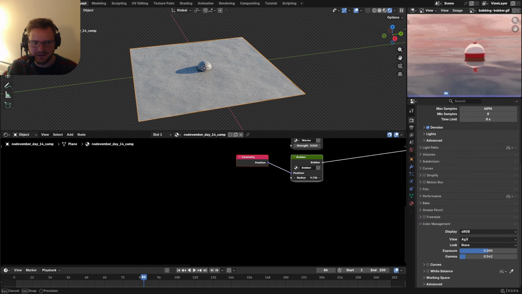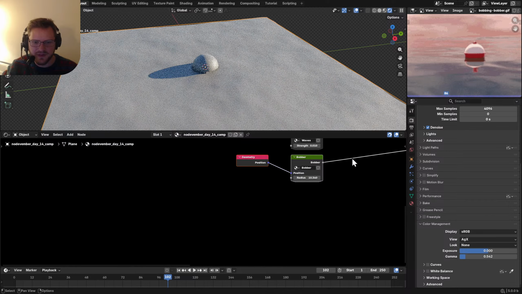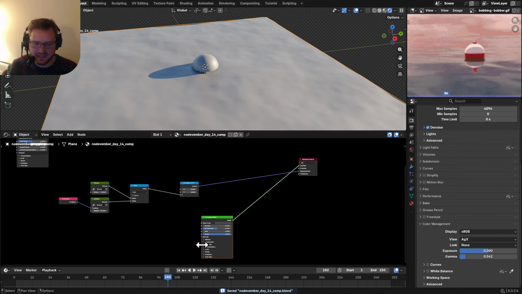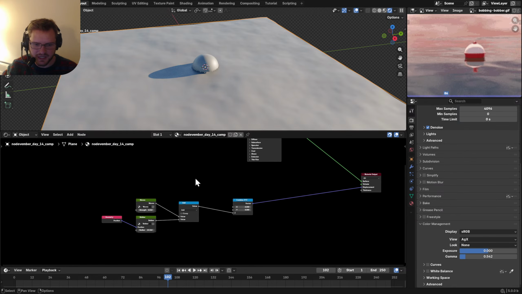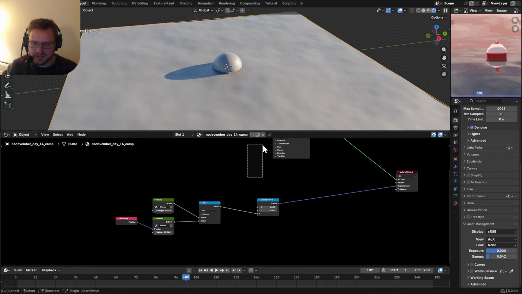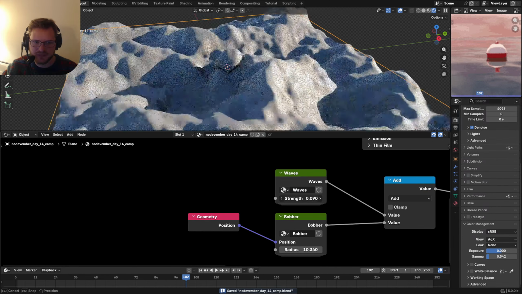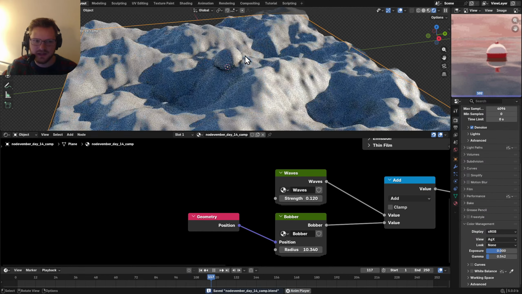Well, whatever. That's fine with me. Okay, so we have that. We make it the z component, and then we look at a principled BSDF, which I can get rid of for now. So this is pretty easy to read as is, but now again we have this issue where I go like this, and it all makes sense, but it's like the bobber,